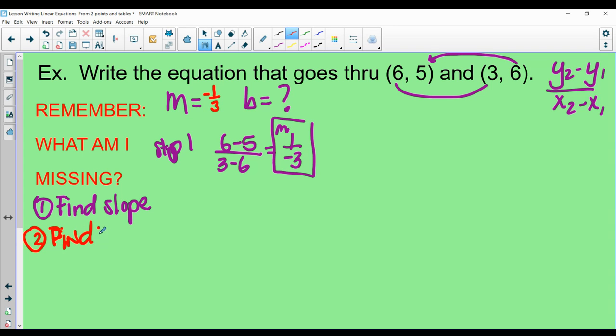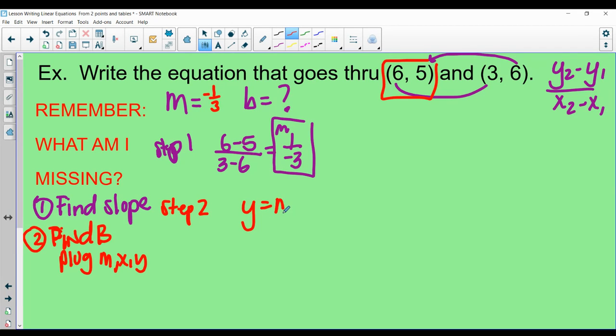To find b, just like we did the last 3 days, you're going to plug m, x, and y into the formula. The only difference is we have 2 points here. You only need 1 point, so we can take either point. Because both of these are positive, I'm just going to pick this point. If you have some negative numbers, I would pick the one with the positives, but it doesn't matter which point you use. Okay, so step 2, I've got y equals mx plus b,